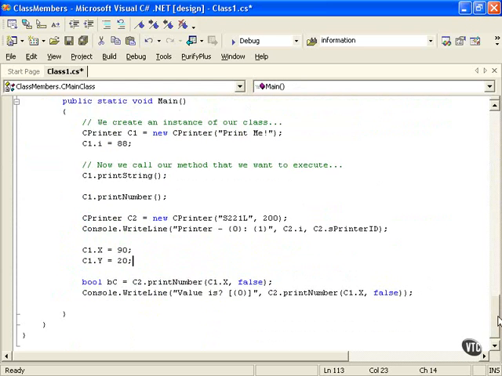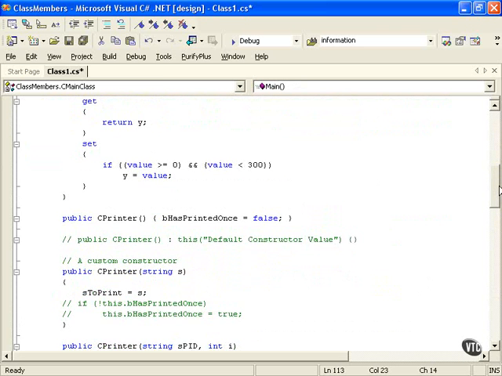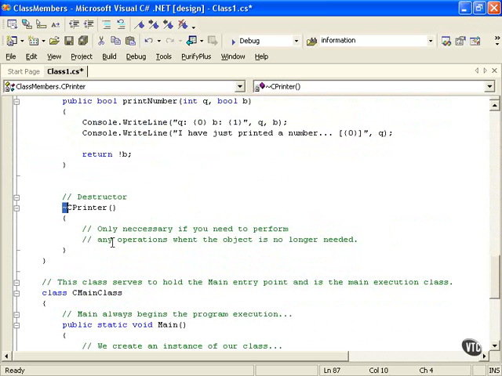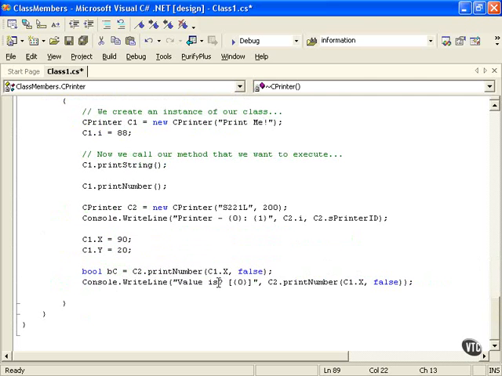The way to get rid of it, and there is a destructor here that we can find. There's our destructor. This is how we do that with the tilde, and this is going to signify the default destructor here. Now, this is only necessary if you need to perform operations here. If you need to do something specific, set variables, do something, then you would do it here within the destructor. This is going to create more overhead, though, because our objects are going to be managed by .NET. Garbage collection is going to be managing how these objects are actually going to be released from memory. So when we drop out of the scope of what we're doing with this particular class, or any class for that matter, we could do this